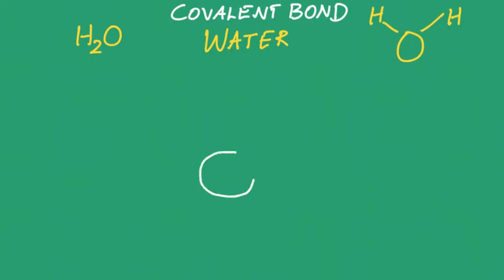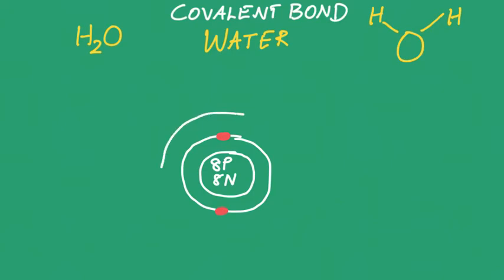So let's draw the oxygen. Oxygen, as we know, has 8 protons and 8 neutrons. It should have 8 electrons. So you will have 2 electrons on the inner shell and the remaining 6 in the outer shell. We need to fill this outer shell, and so electrons are shared with hydrogens, the 2 hydrogen atoms, in order